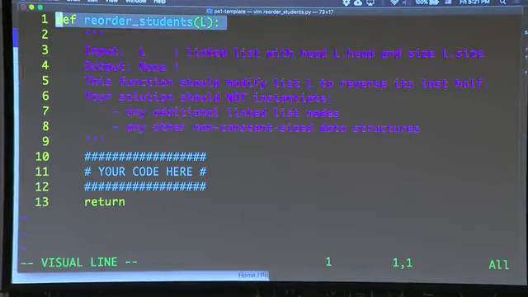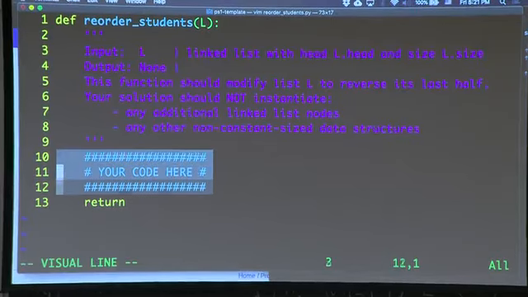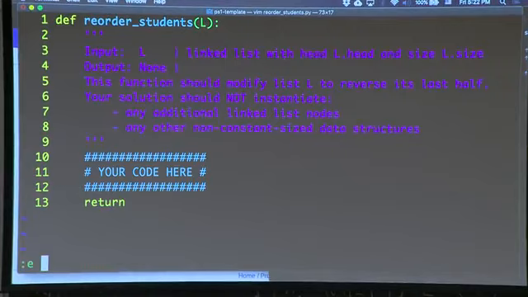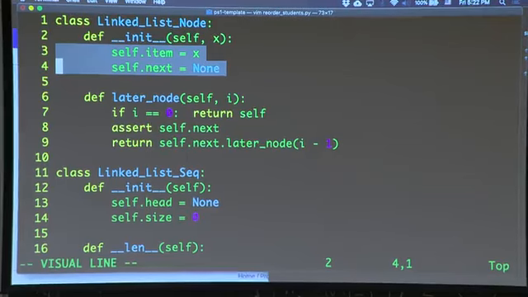It has a template of the code that we're going to want you to write with inputs and outputs, and you're putting your code here, right? And this function doesn't need to return anything. All right, and then we also give you this linked list implementation, which is what's in your recitation handout, right? I'm actually going to ignore most of this stuff,